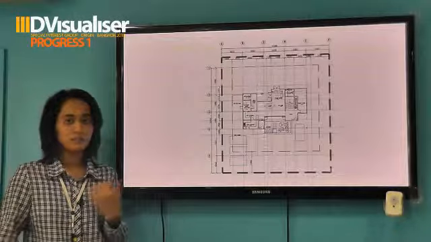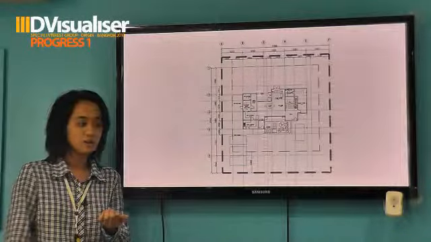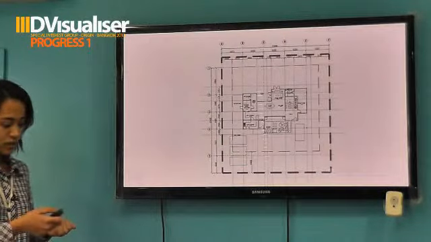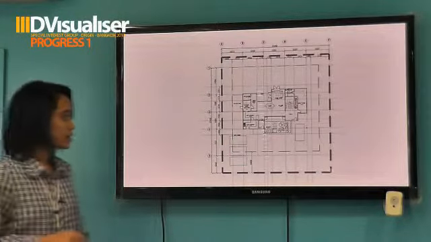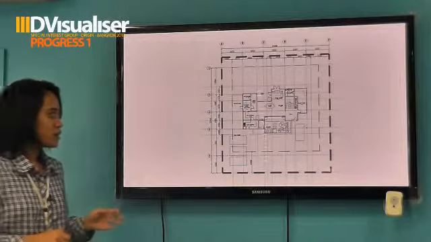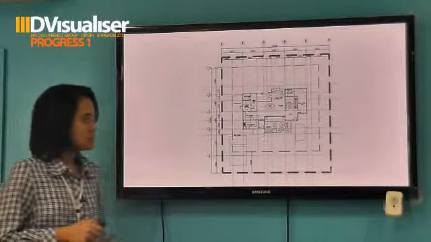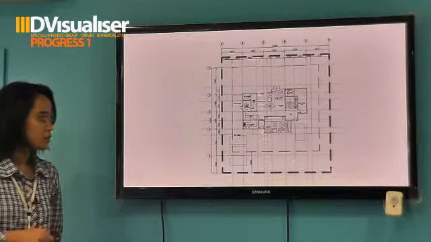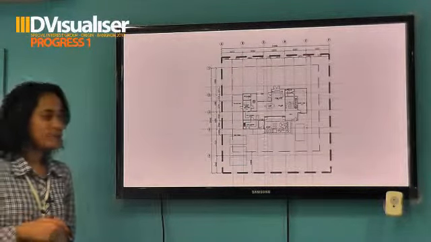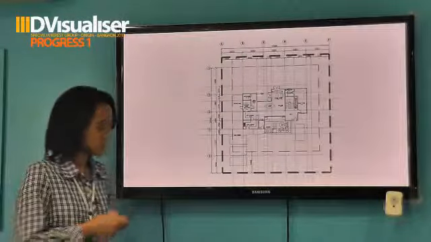Okay, this is my ground floor plan, where it's already in a drafted kind of scheme. It was as usual. What I would like to explain is the plans are not really that much of changes.